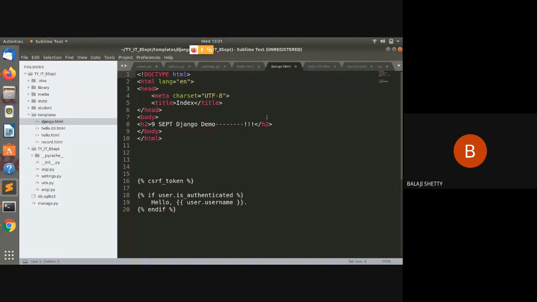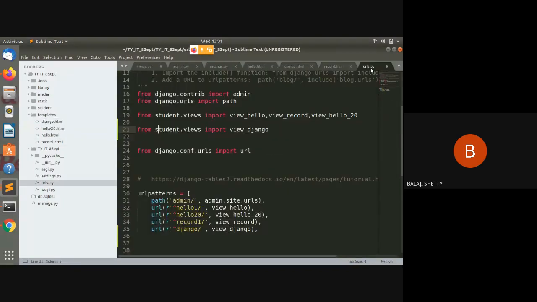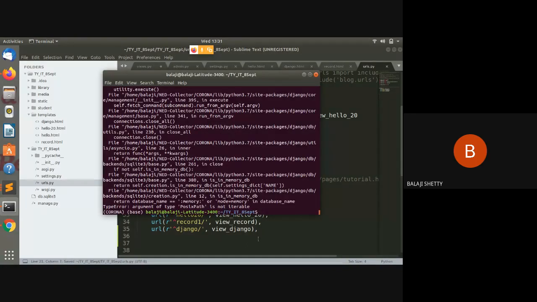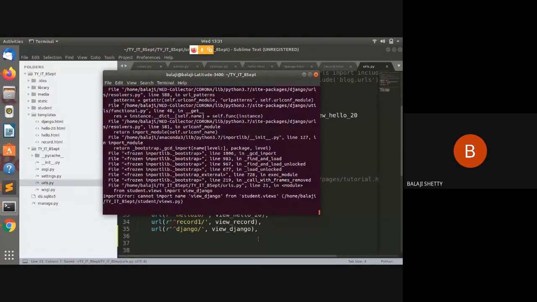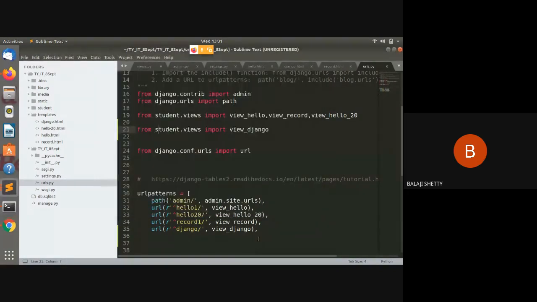Django.html templates. Hello 20, I remove this. From student.views, view Django. Ctrl+S. It is updated. View Django. Cannot import view Django from students.views. Why can it not import?